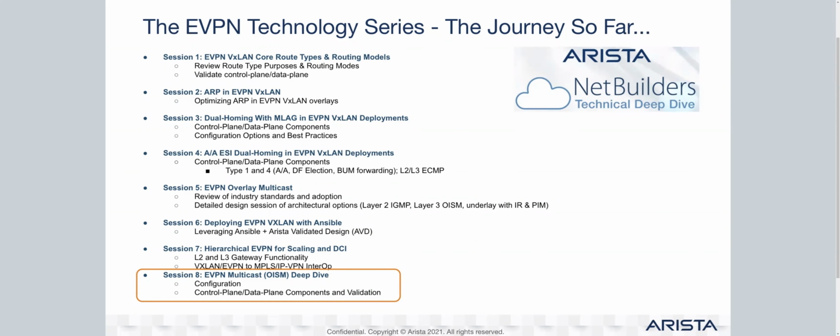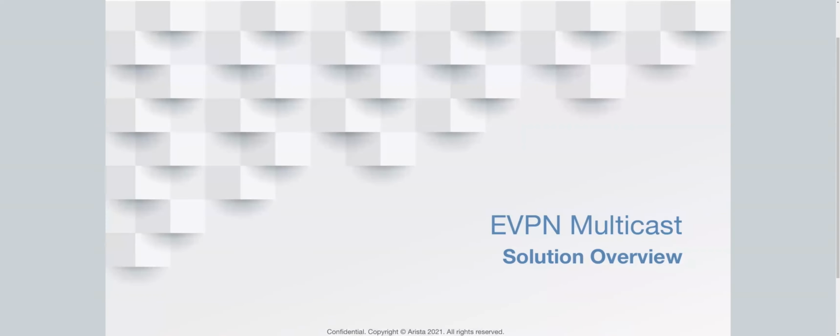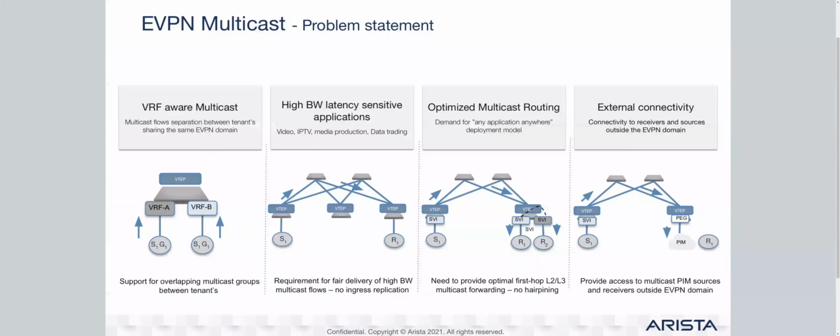But in this session, we're going to dive a little bit deeper, taking those concepts from session 5 and going deeper into the functionality. We'll talk a little bit about the transport models and the different route types. Now, before we hand over to Mitch, who is going to go through some configuration and operational details, it's probably worth a couple of slides covering what problem we're trying to solve when we talk about EVPN